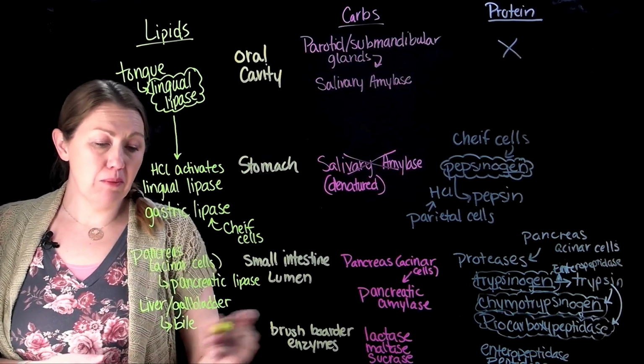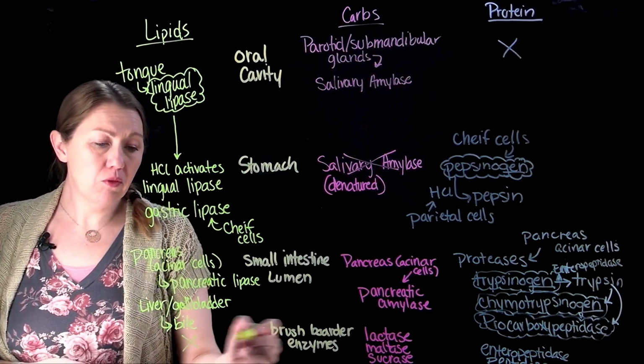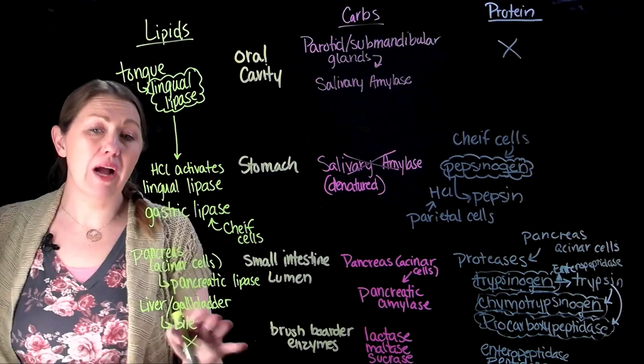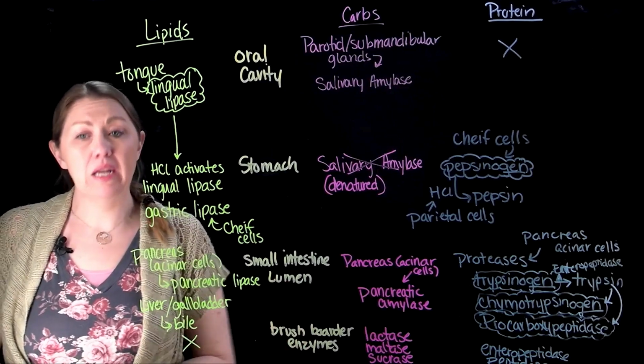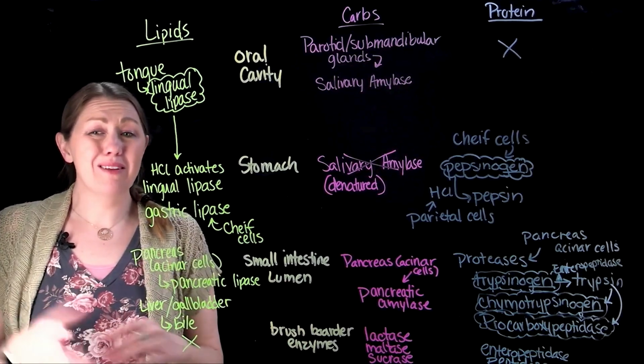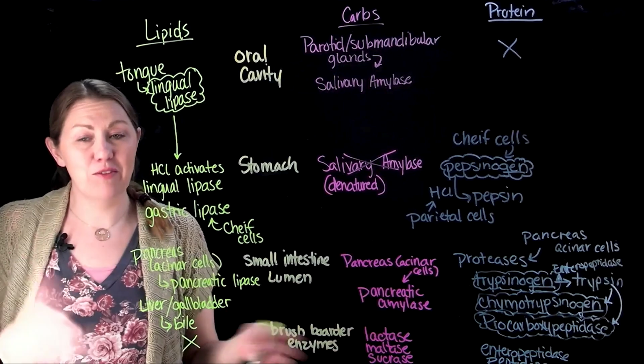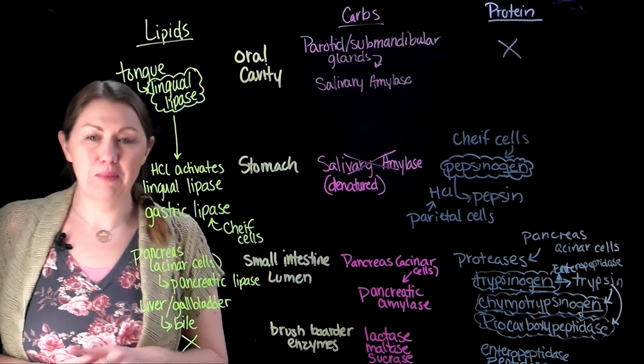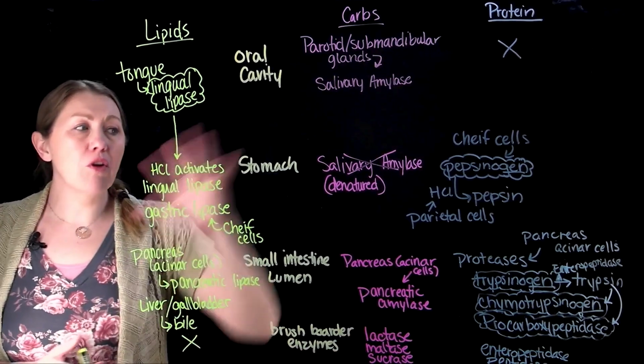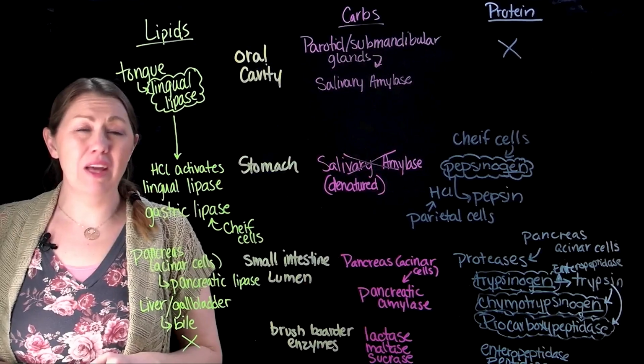Now, there isn't any brush border enzyme for the lipids, because lipids are actually able to go through that cell membrane if you get them to a small enough size, because they are lipid friendly, and the phospholipid bilayer gets along with lipid friendly things. So this is kind of an overview of how you're breaking down some major things, starting